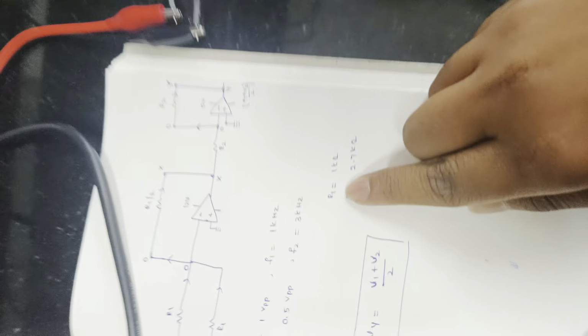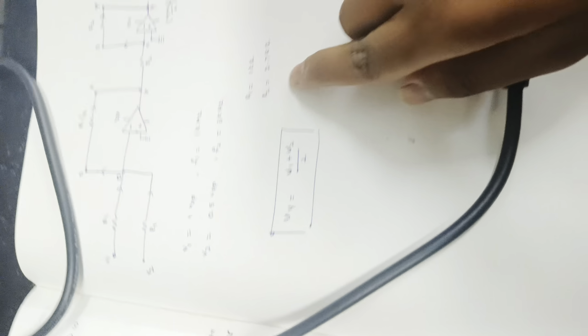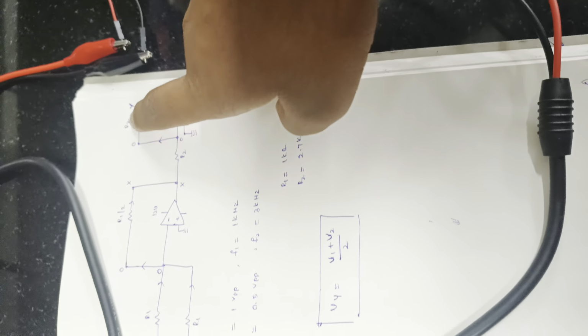We have taken resistance of 1 kilo ohm for R1 and 2.7 kilo ohm for the resistance connected to op amp 2. We will be seeing an average voltage of (V1 plus V2) by 2, where we can see here 712, which is nearly 750,